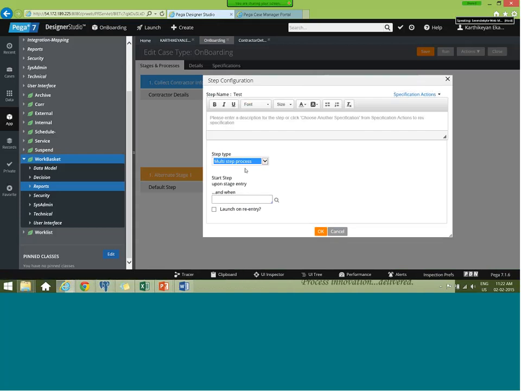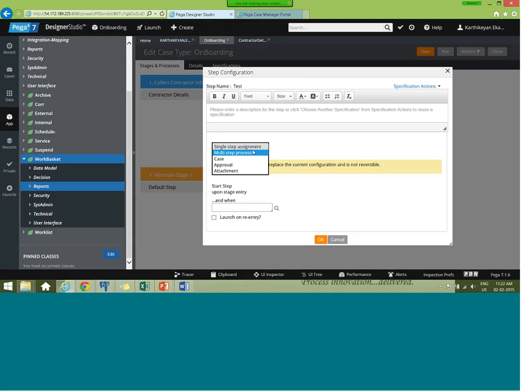Okay, let me tell you all this stuff. Single step assignment will have only one assignment in your flow. Stop me in case you are not able to understand. And multi-step assignment process contains more than one assignment, but initially it will add only 2 assignments in your flows. If you want to make any more changes, you go further and change the flow rule.